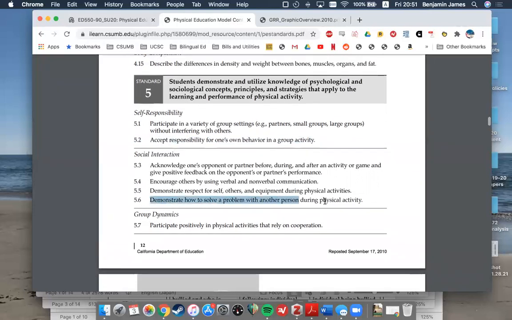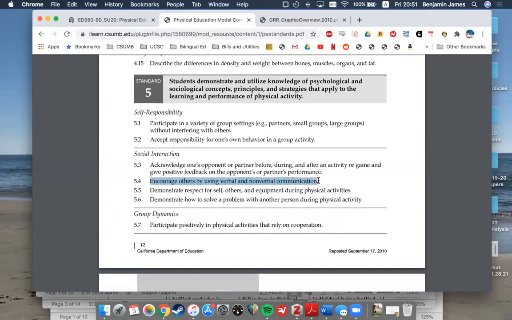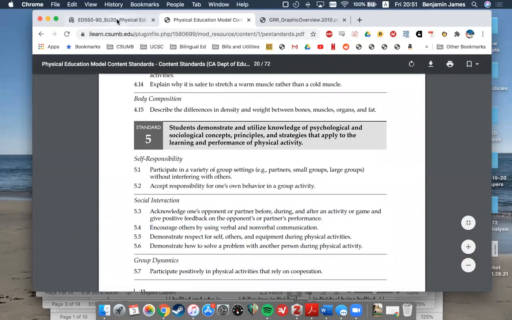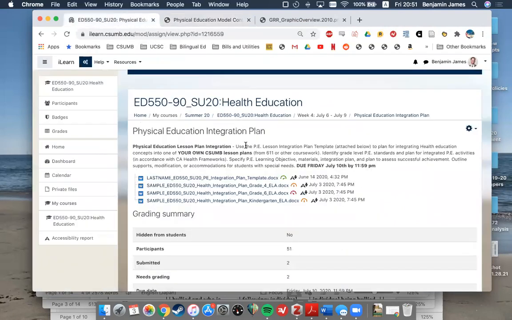Demonstrate how to solve a problem with a person during physical activity. Encourage others by using verbal and nonverbal communication. I mean, these are really broad, and they can fit into a lot of different lessons. So again, I'm very happy with a lot of the work that you all did in the health integration plan, and I want you to continue that. But I hope this video can help you to really beef up and improve your PE integration plans